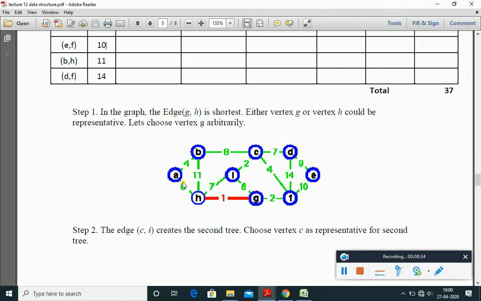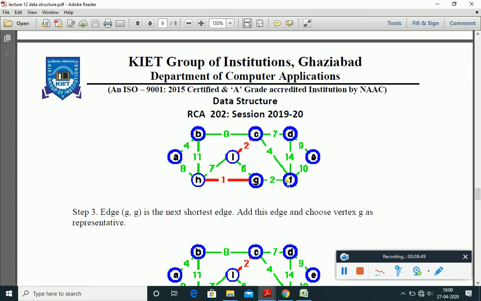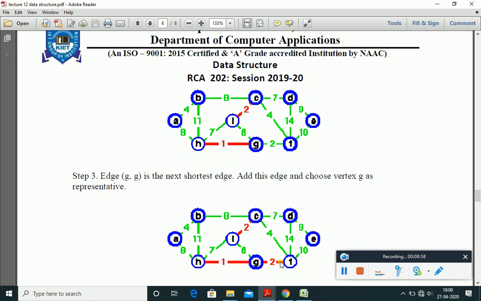But when we are selecting the third edge, only then do you need to be worried. So just come here. We first selected the edge with the minimum weight. We have marked that edge with red. Then we have two edges with weight 2. Either edge we can select. So let's suppose we have selected this GF, this IC. The third edge we can select with the minimum weight. The minimum weight this time is 2, so we can select this 2.